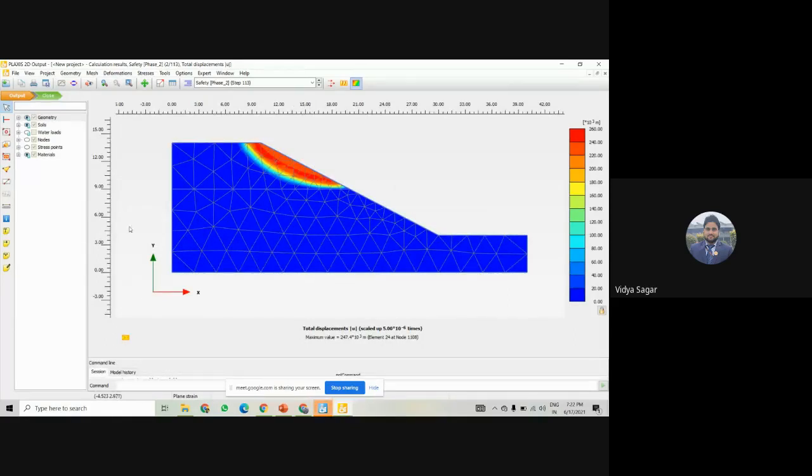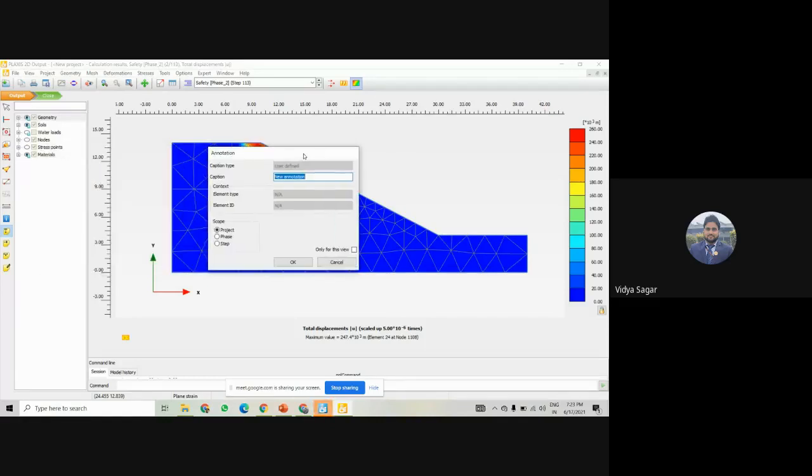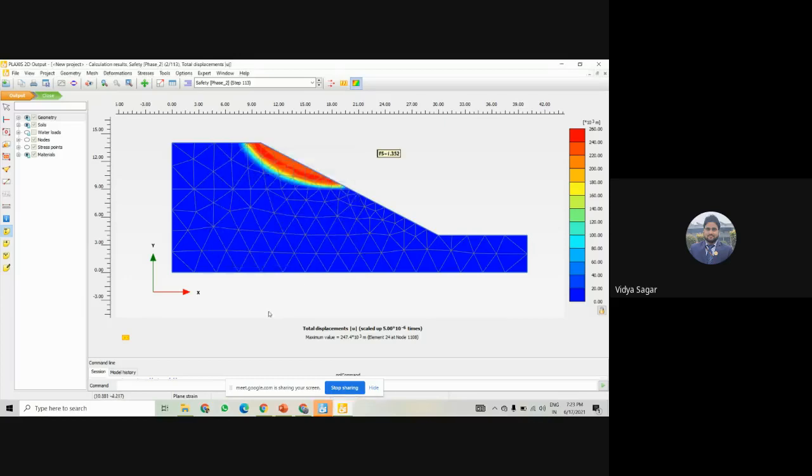Either you can take this picture from here and then add it in PowerPoint or in Paint, or you can directly write some text over here. So if I write some text over here, it will be directly showing factor of safety equals 1.352, right? So it will be shown here like the factor of safety 1.352 for this case.